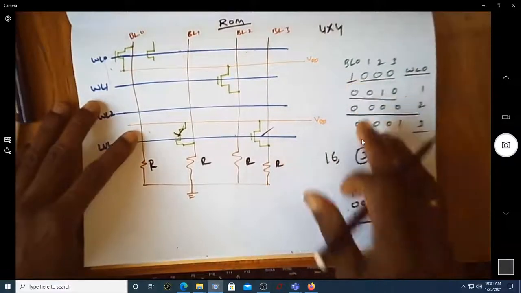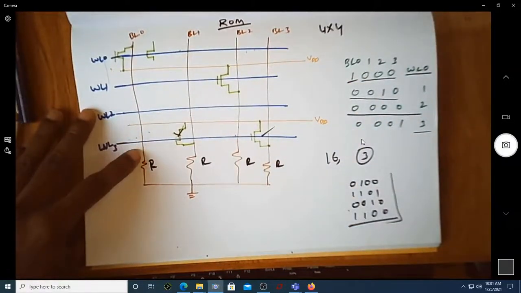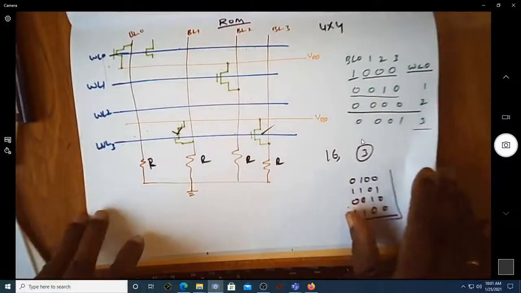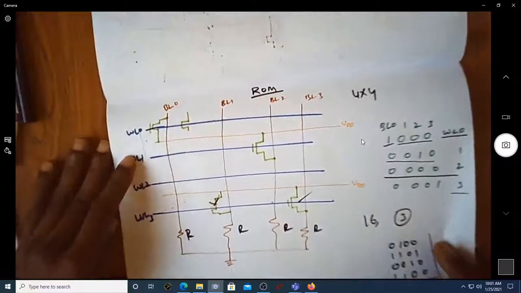It is fine if you are not changing any values of the memory, but typically we keep changing even the values of read-only memory. May not be every time, but whenever you want to update the system you may have to reload the memory with new default values. In such a case this is not a good way of doing it. So let us see if there is an alternate way of using the same array with much more possibility of storing any different value.